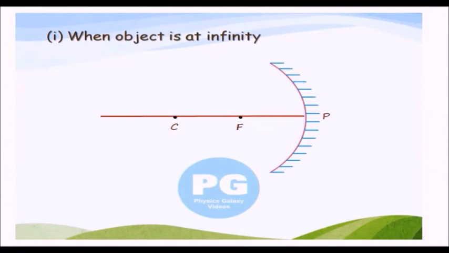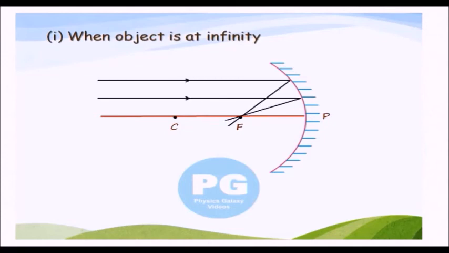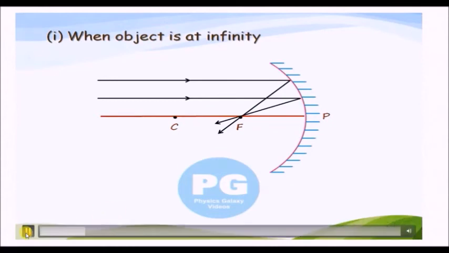First case. When the object is at infinity. The rays coming from the object, placed at infinity, are parallel to the principal axis, which passes through the focus after reflection. And the point, where 2 or more reflected rays meet, is called the focus. So, the image is formed at focus. The 2 light rays here are